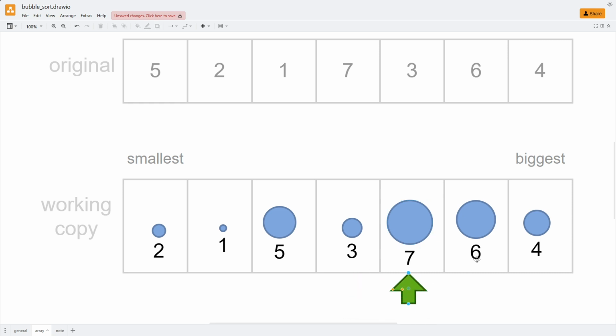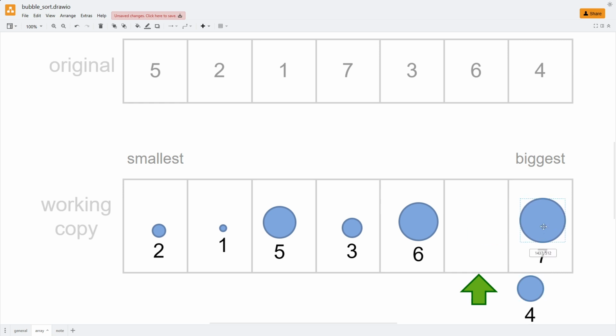Is 7 greater than 6? Yes. So we're going to swap them. Is 7 greater than 4? Yes. So we're going to swap them. We're going to get here, and there's no more element to the right. So at this point, we are done with that first